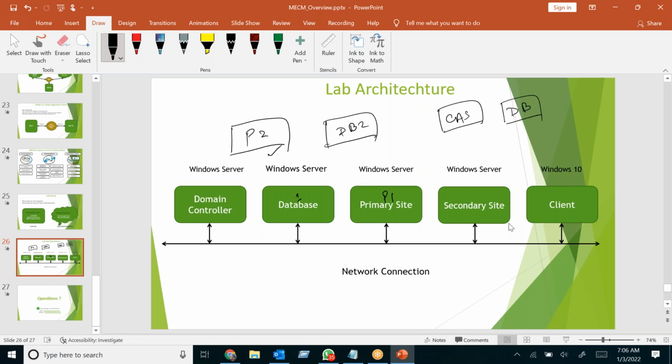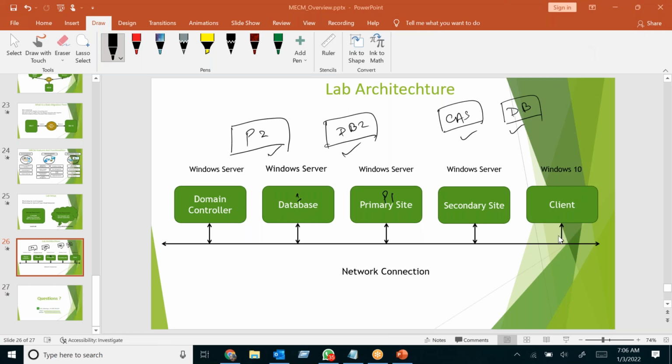So there are 4 servers you need. In 32 GB, I don't think you will be able to create 8 machines. Is that clear, Ayush? Yeah, it's okay. We can try.